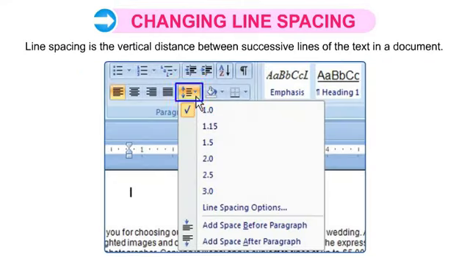After writing multiple lines or a sentence in a paragraph, if you want to keep space between the lines, then you have to click line spacing. It is the vertical distance between successive lines of text in a document.